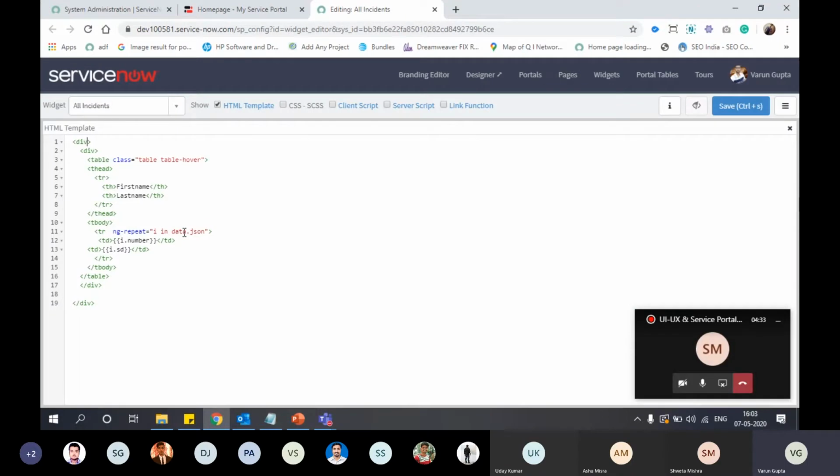Like on the top div, I will give panel. This will be our panel body. For panel body, we will add our panel heading.